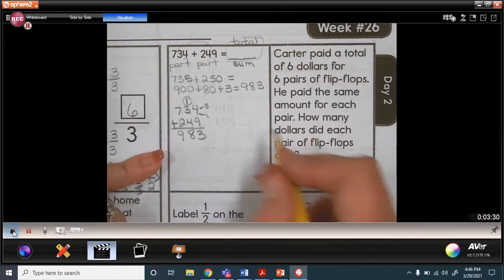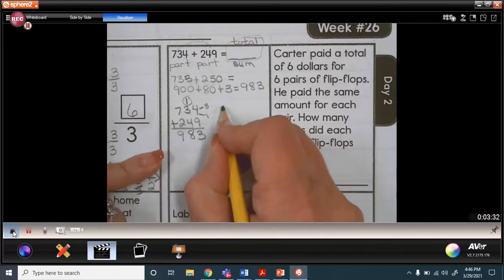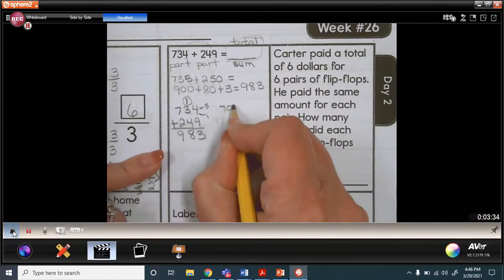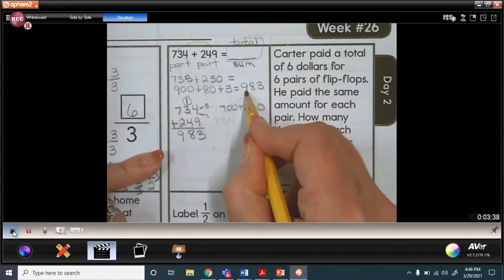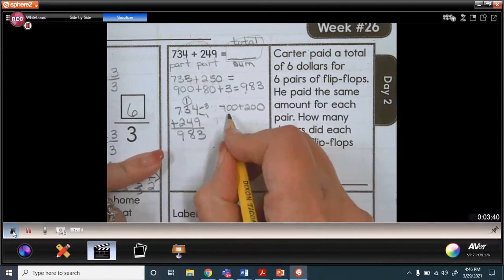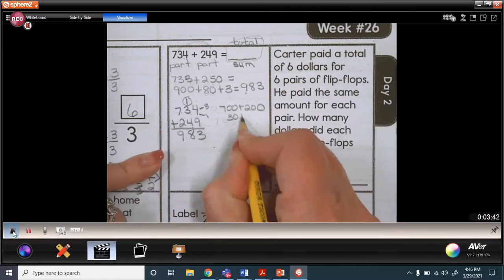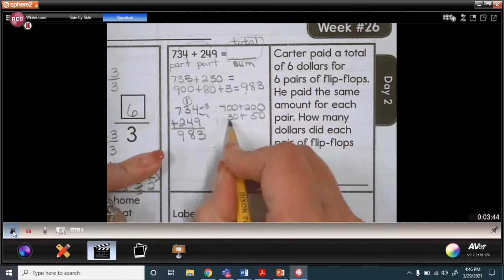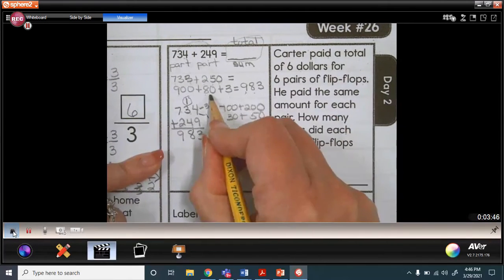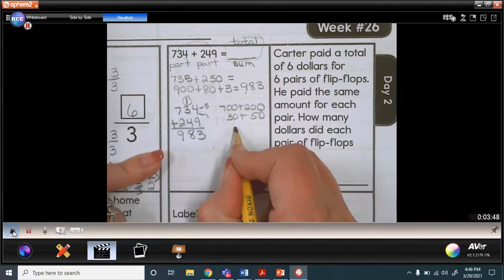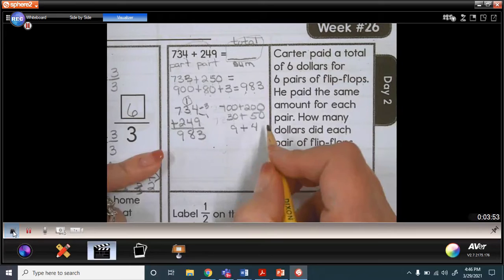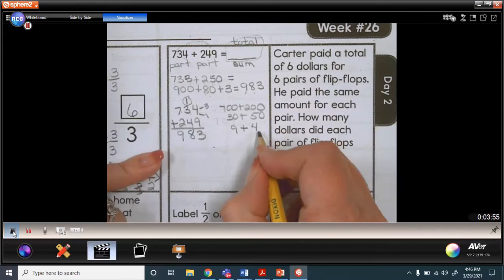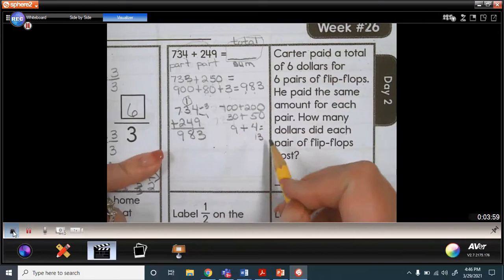If I wanted to do it by place value, I could do 700 plus 200 is 900, which is right here. We have 30 plus 50, which is 80, which I have right here. And I have 9 plus 4, which is 13, and that would give me